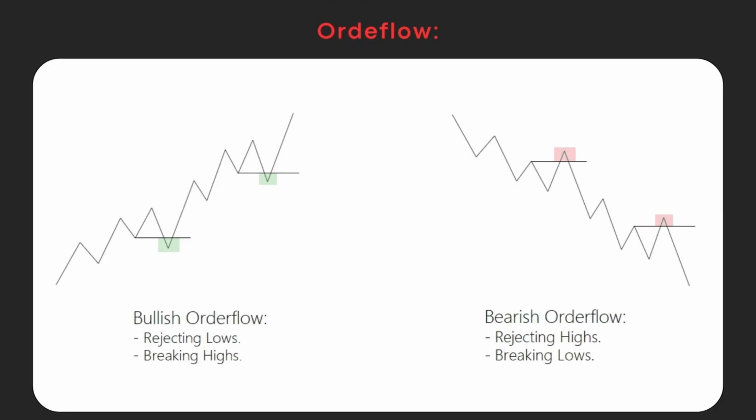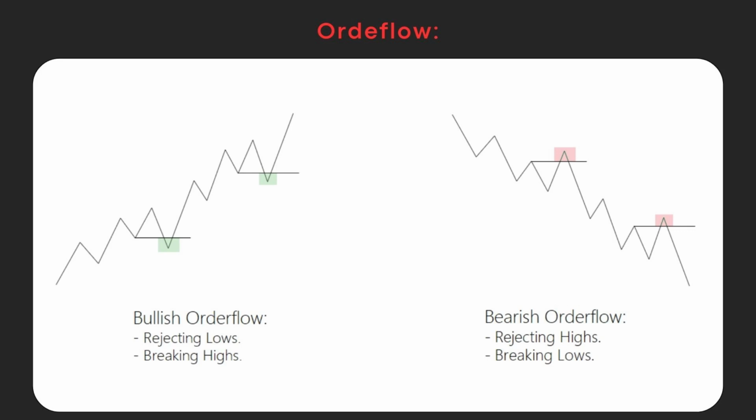Now moving on, let's discuss some graphical representation of order flow here. On the right, you can see that we've got a bearish order flow. Price is making lower lows and lower highs, but that's not the main thing. The main important thing is that price is rejecting above highs in the form of forming these manipulation purges, and it's breaking below past lows or old lows, and the whole shift of momentum is towards the